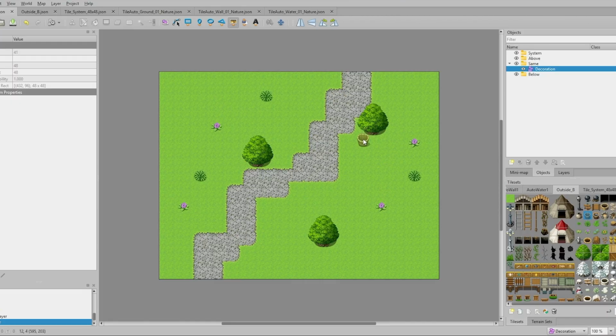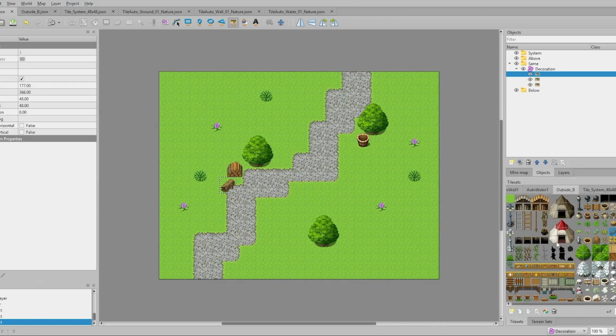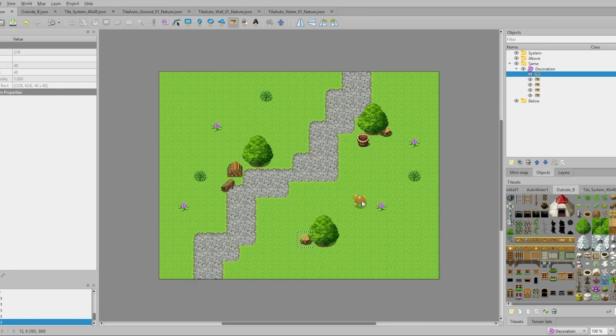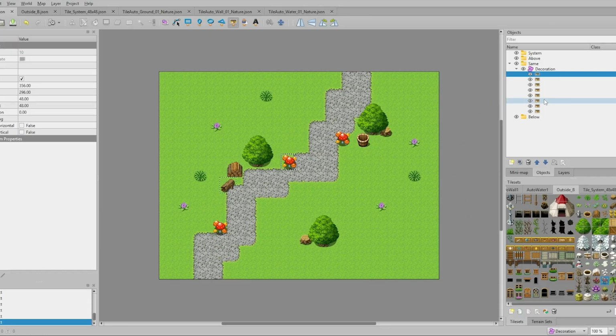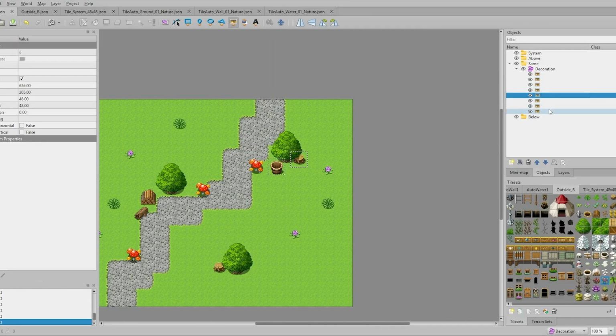So I'll put a bucket here. I'll put some wood, I don't know, here. A log can be right next to it. I'll put it on the corner of that path. And some tree trunks, I don't know, right next to the trees here. And some nice red mushrooms. Why not? Each of these objects is going to be its own little layer here, which is actually pretty nice